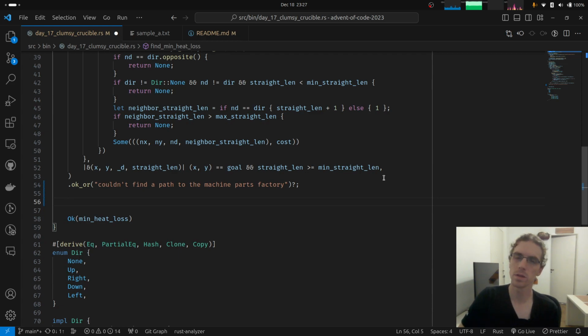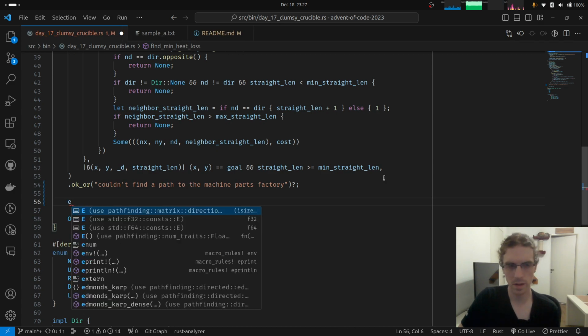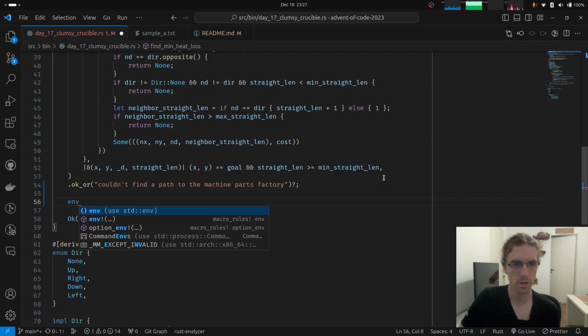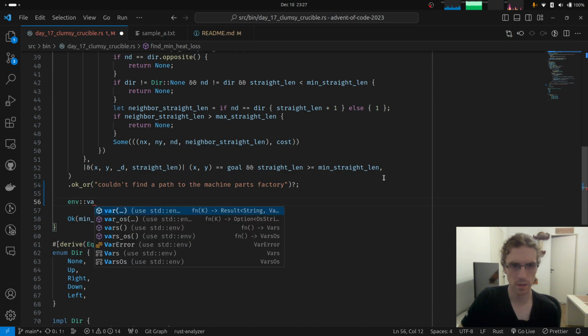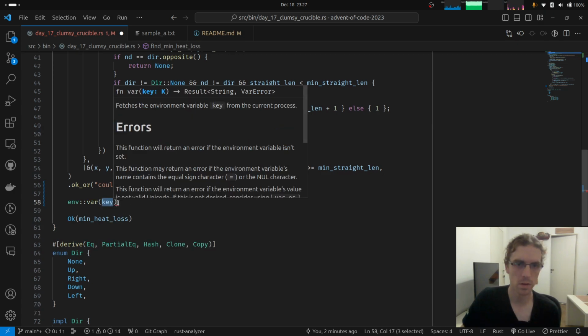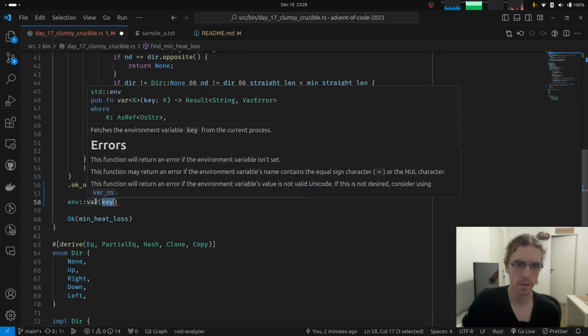So I guess we are going to do it in a very simple way. I don't remember how to check environment variables. I think there was an env var or something. Oops. Yeah, std::env::var. What does var do? Fetches the environment variable.